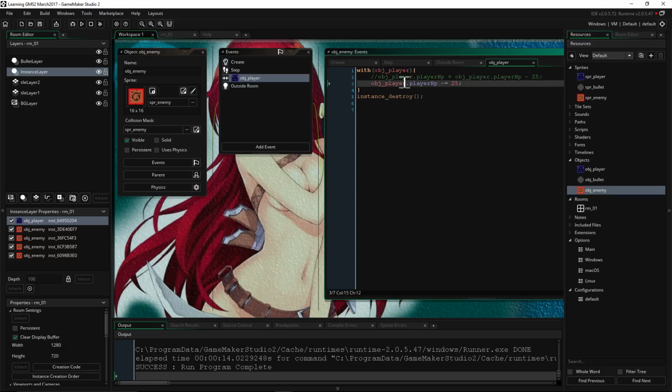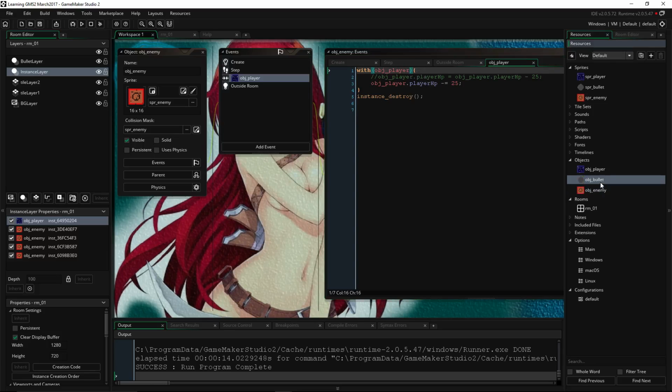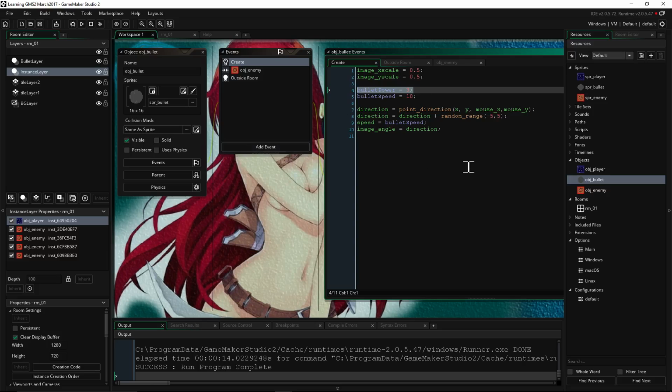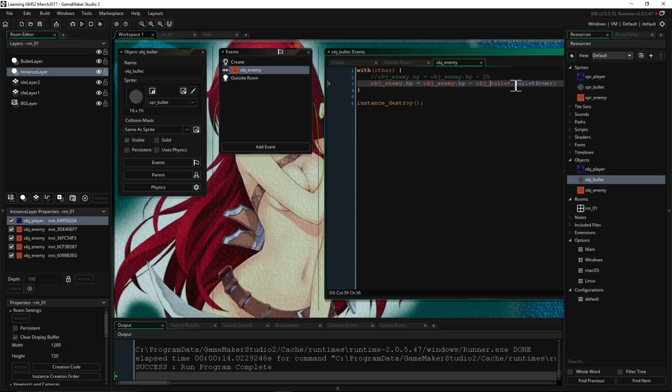Okay, here's the problem. When we say with other on the bullet, we're no longer in our own event. We're no longer in our own thing. So we have to reference the object bullet, because while we're in with other, we're not in the bullet object. We're in the other object. So we don't actually need obj_enemy right here. We can say with the other, HP equals, we could even do minus equals